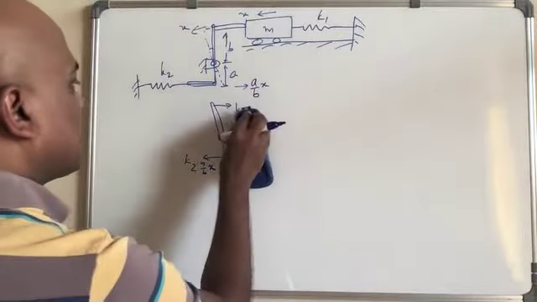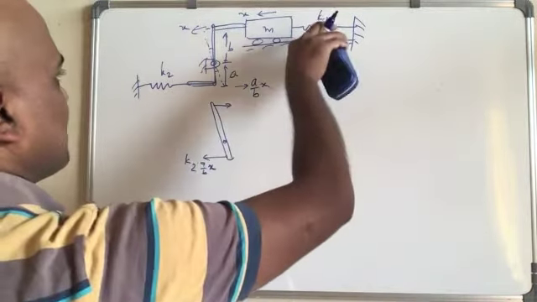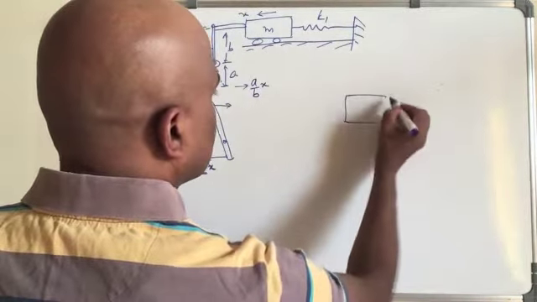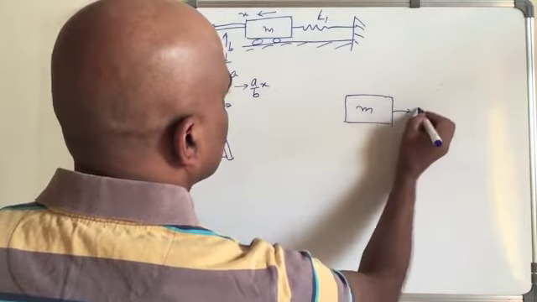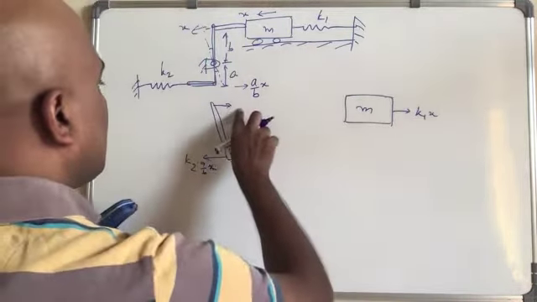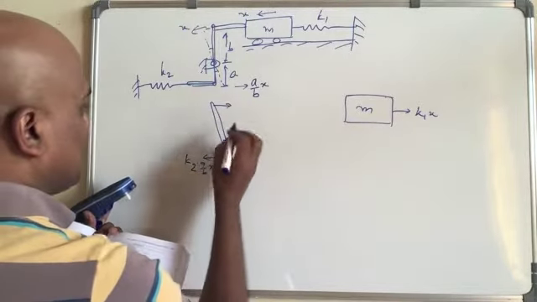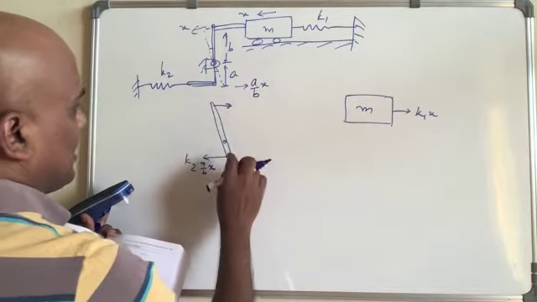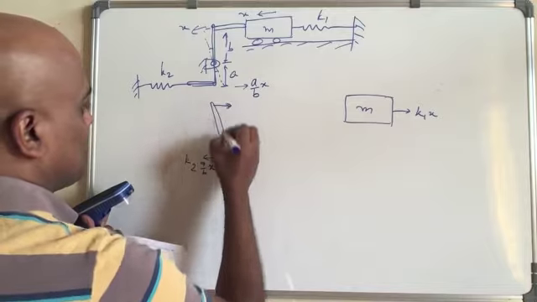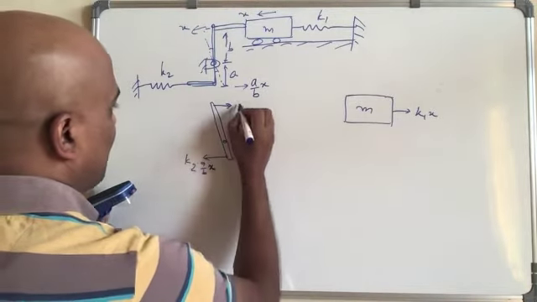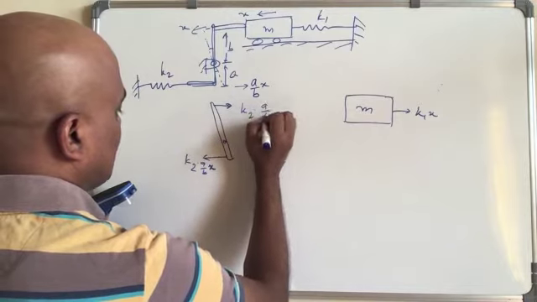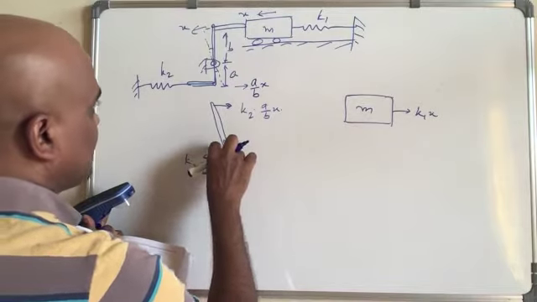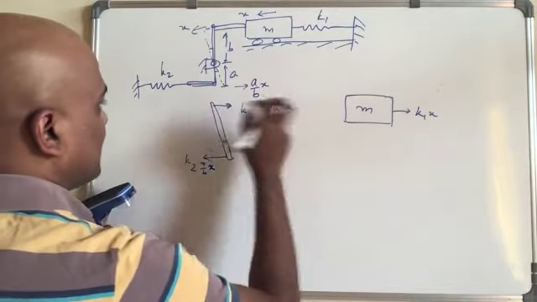Here it is not k1x, not like that, because there is a mass here. The k1x will be here. So mass m, the force here will be k1x because it has moved like this one. If this is the force here, then what will be the force here? The total torque will be the same, meaning that this multiplied by this has to equal this multiplied by this one. So the value will be k2 a b x multiplied by this, which is a, and divided by this, which is b.